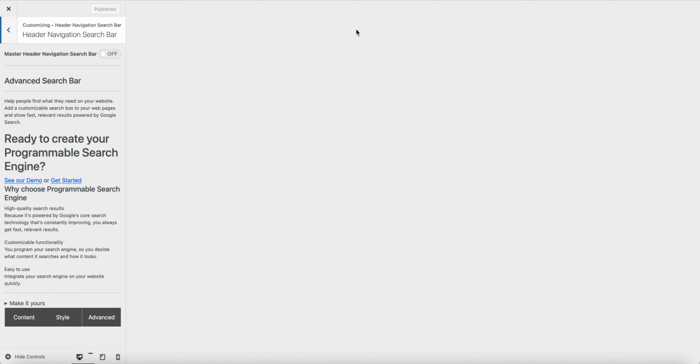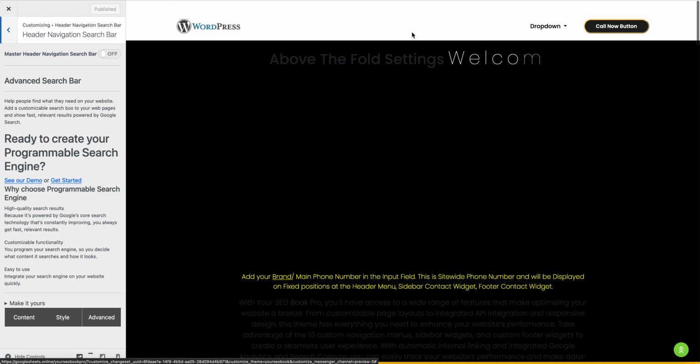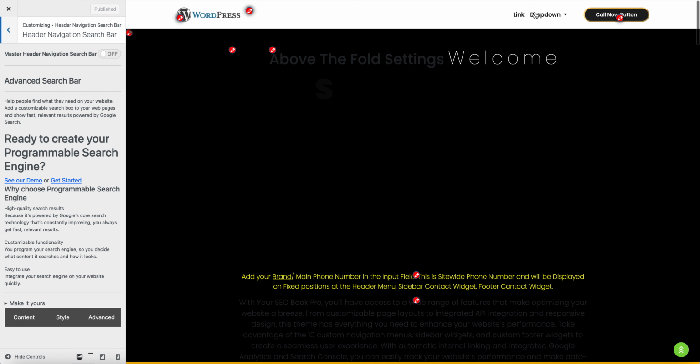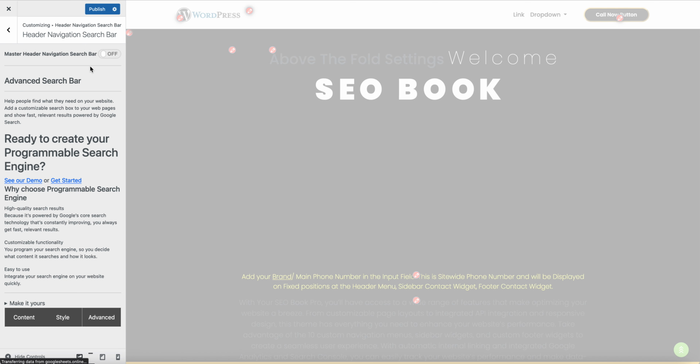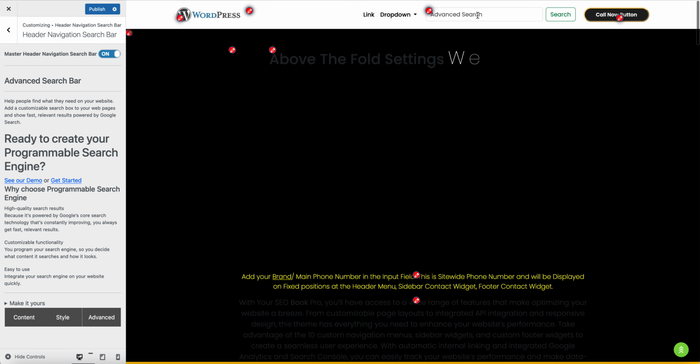For example, let's just wait a little bit for the website to show all the elements, because when I'm recording a video it is a little bit slower on the computer. So for example, now the search is disabled. We can enable it from here, master navigation search bar, just turn it on. Remember, when you click on or off, it automatically shows or hides the element you want